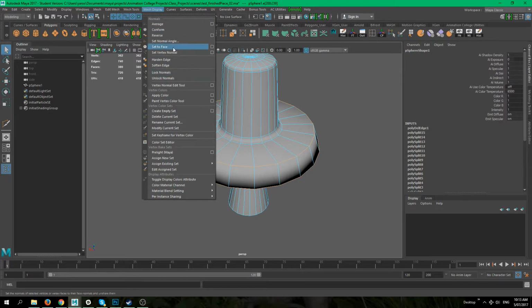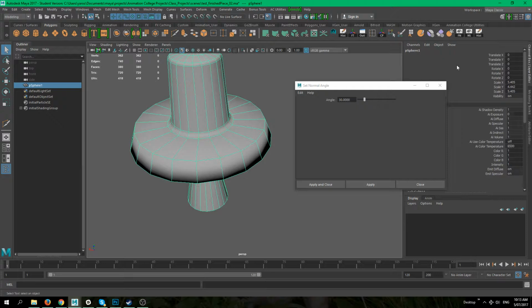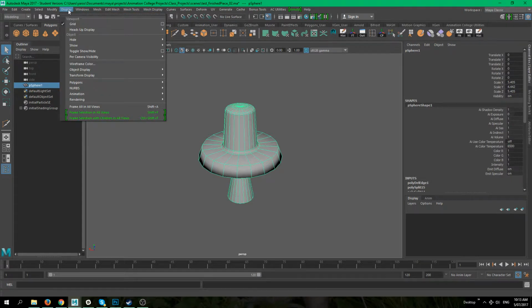And there's a couple of different options. So you can set your own normal angle, or you can just use those two options, which is what I usually go with. I don't find much use, at least in my way of modeling, for setting normal angles, but you always have this option where you can specify the angle at which it will be reflecting the light. But actually, before we do that, really quickly, let's click on the model and let's go under Display,